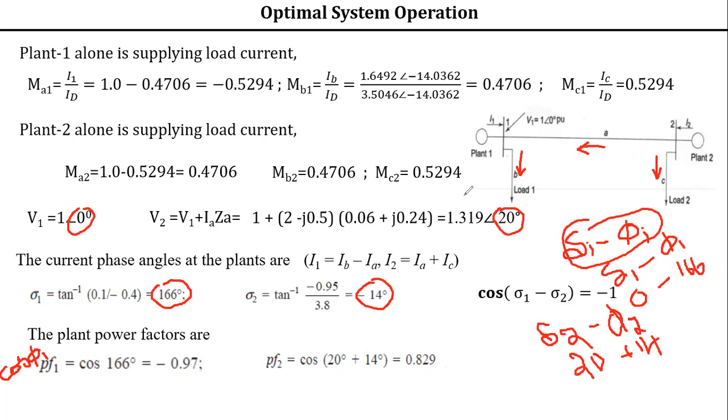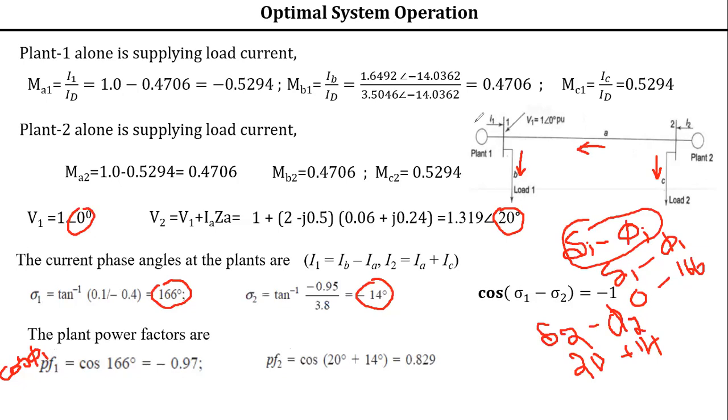Okay, thank you, Shanti Prasad. So this is the right answer. I don't know how you made a mistake here. Now it is clear for you. Delta is the voltage phase angle. Phi is your load angle. Load angle means your sigma 1 and sigma 2. Understood? Use this relation and you will get the resultant angle. Cos of that resultant angle will be your cos phi 1, cos phi 2. That is the plant power factor.